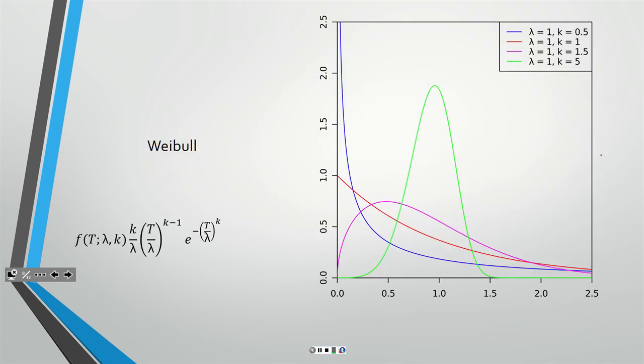The next one, which is a very convenient distribution, is called a Weibull distribution, which, as you can see here, it's got a lot of different shapes to it, and especially with the k parameter, you can adjust the distribution. So for k less than 1, you get a very steep decline with a huge probability of failure rate early, and it decreases over time. If k is equal to 1, then you just have a standard exponential distribution, which is pretty convenient. And then for k greater than 1, you have a couple of opportunities for the failure rate to increase over